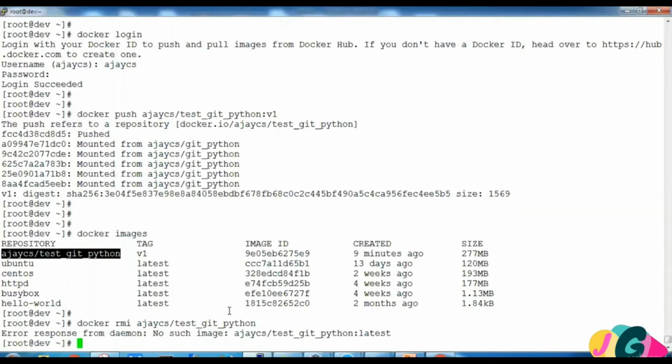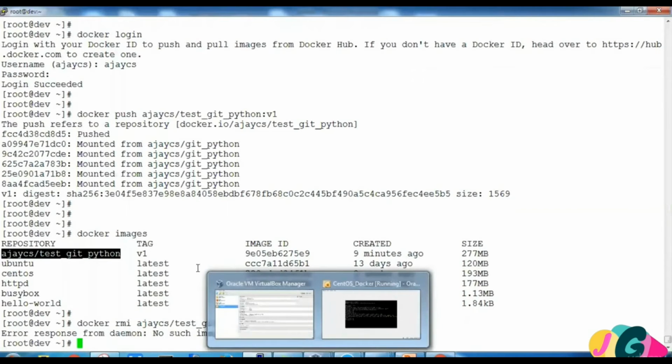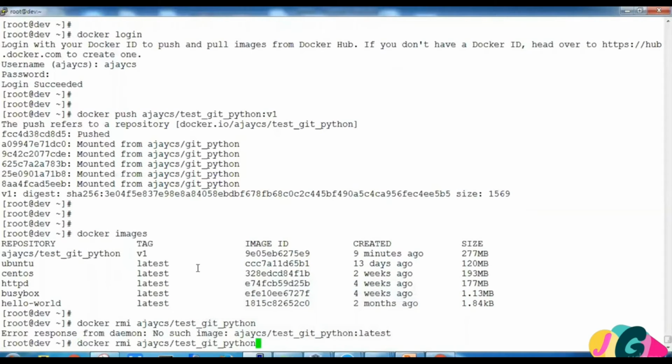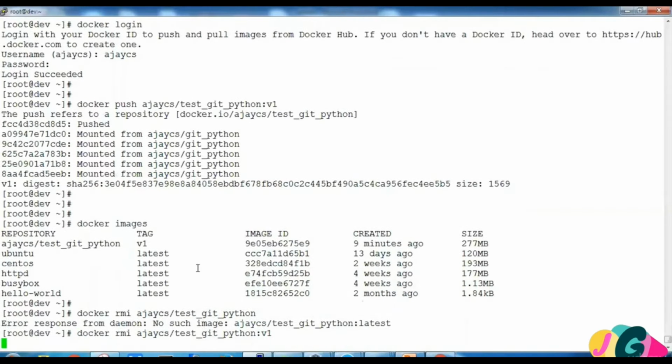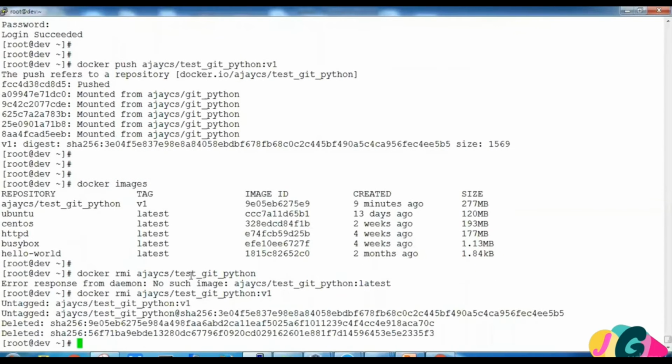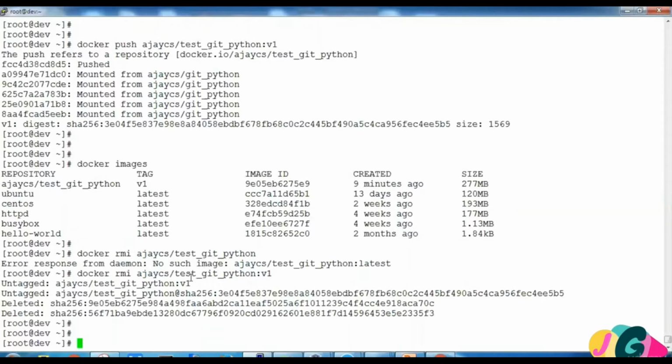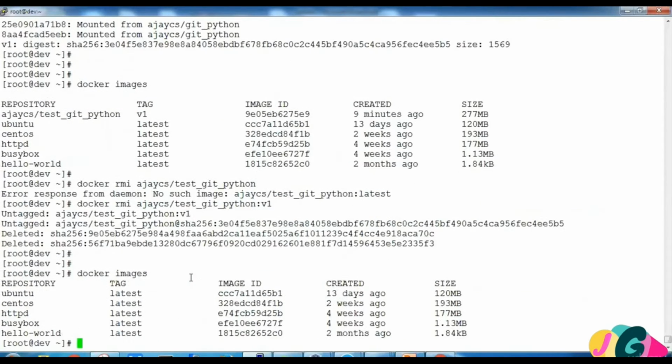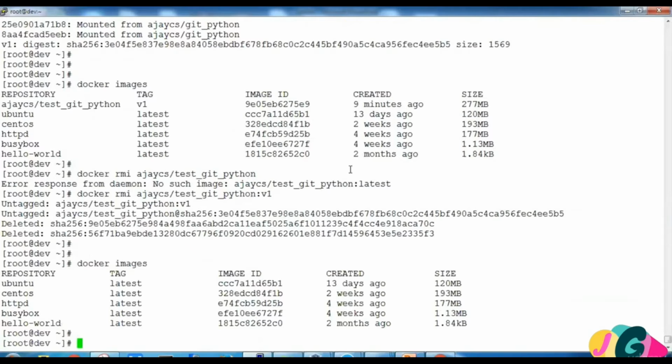Sometimes we will get an error, no such image, because we have to give the version name as well. So it got deleted. Now we do not have any local image with the name test_git_python.